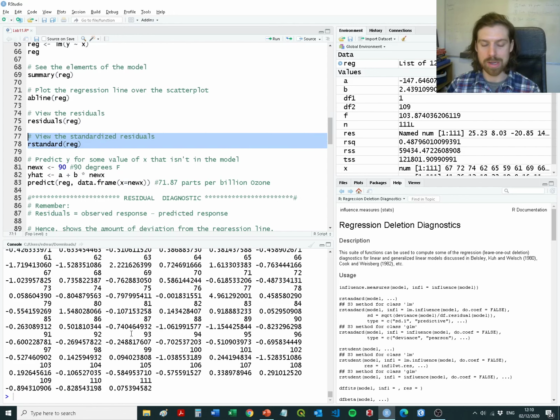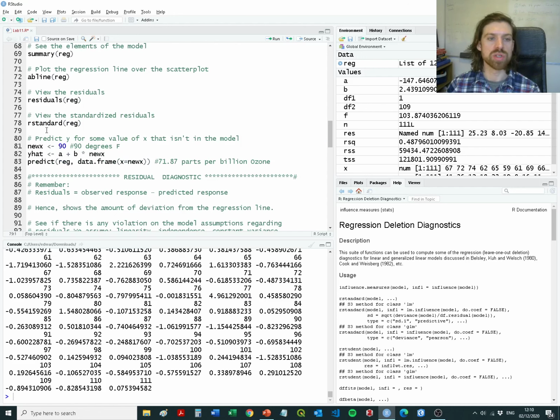You can see generally that they're all between +2 and -2, maybe a couple of outliers that we've got. And you could just treat that as you normally would. Okay, so you need to go through all of those residuals and check that they meet the assumptions. And we'll do that in a second, but I just wanted to quickly show you how we would do a